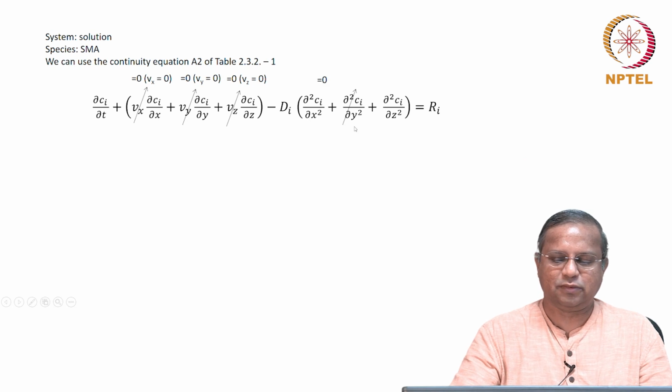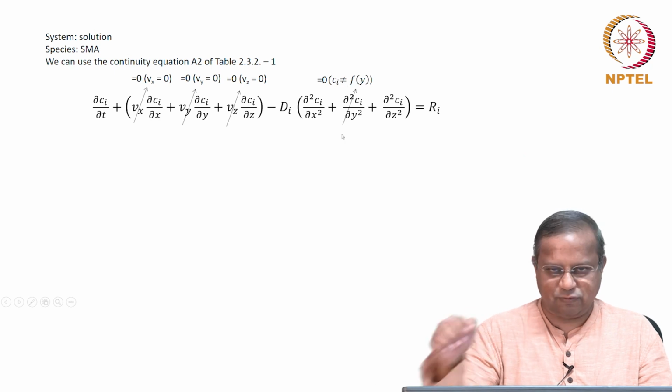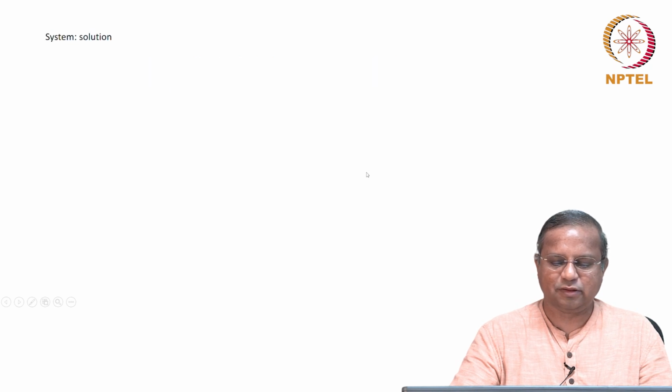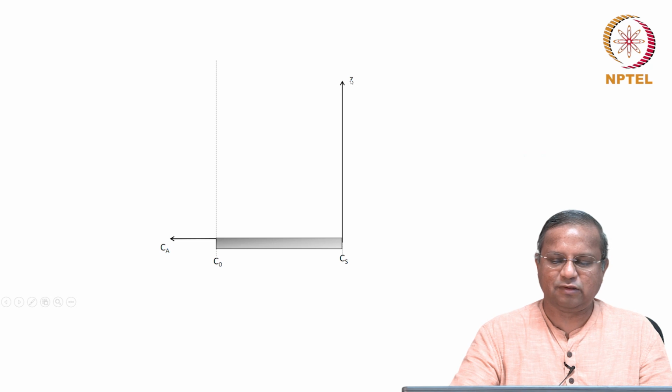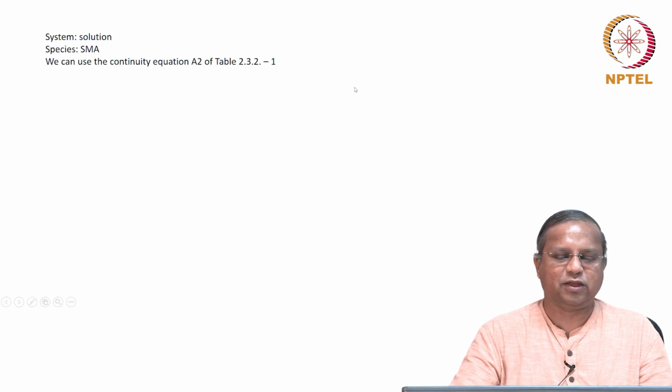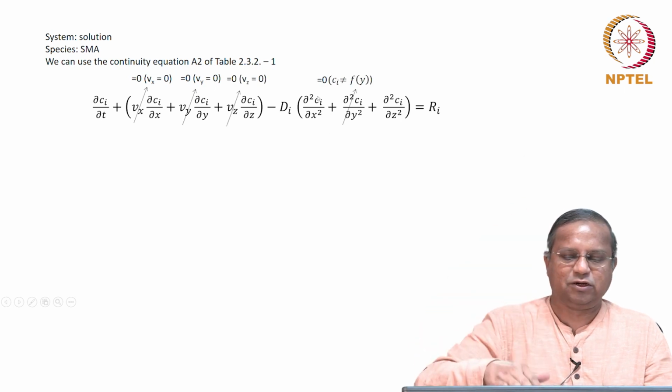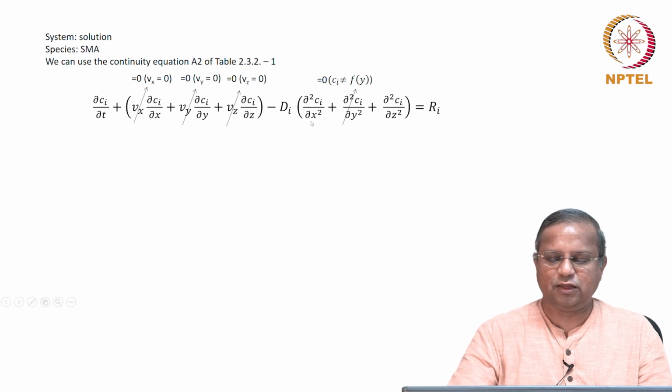Here Vx equals 0, Vy equals 0, Vz equals 0, no convective or bulk motion. Here dy equals 0, it is not a function of y, it is varying only in one dimension, and dz equals 0 because it is not a function of z, and therefore, I think we should call this x. This is actually x, this is not z, okay, that we will do later. We will consider the variation to be a function of x, that is what we have done here. I have indicated it as z there, please convert that coordinate to x, to be consistent with this.